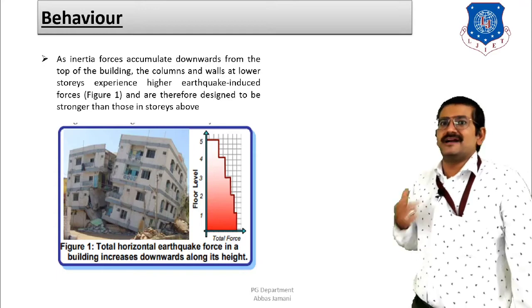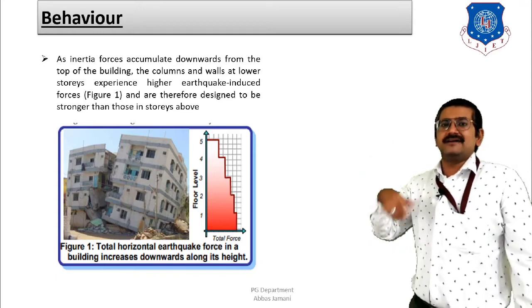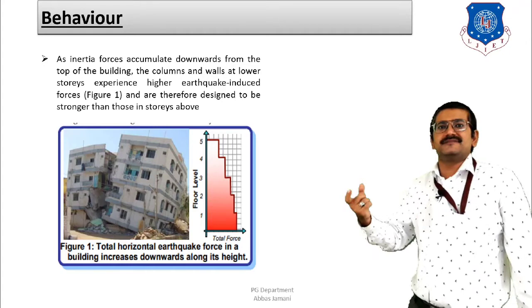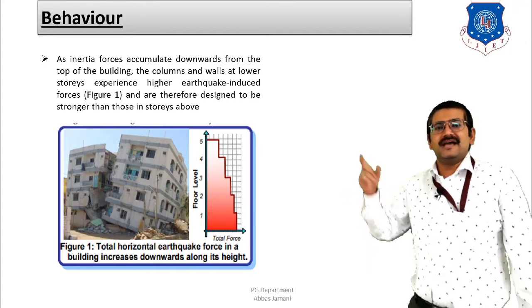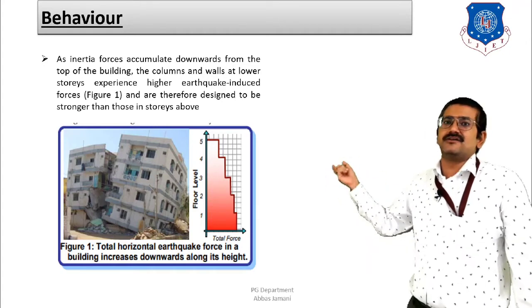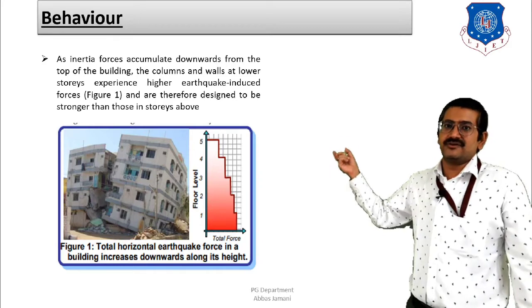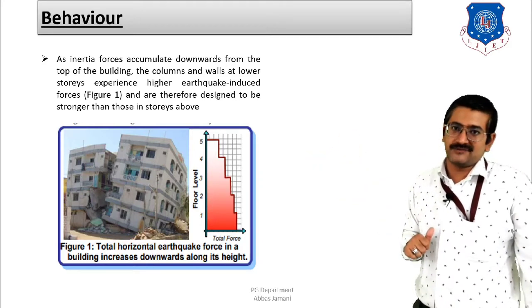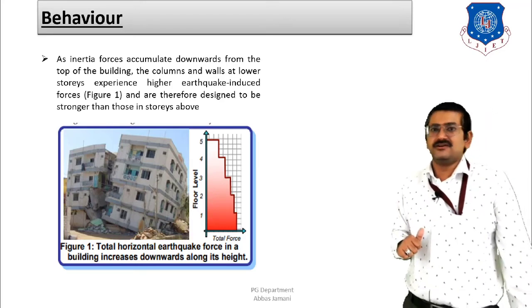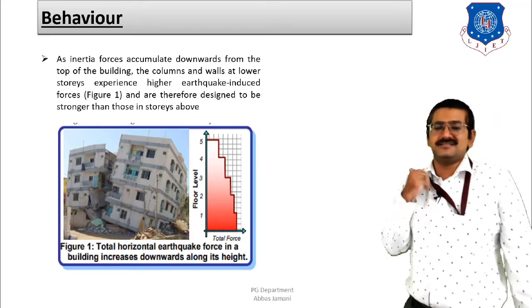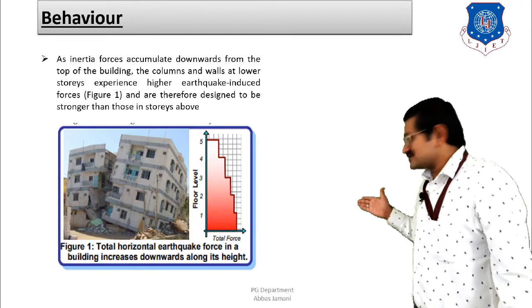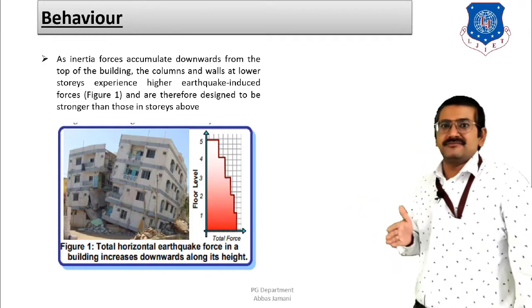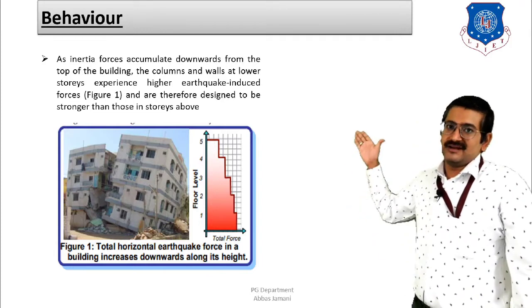Why? Because the weight is going to reduce as we go up, and as the weight reduces, the seismic weight is also going to reduce, and as seismic weight is getting reduced, the base shear is also going to get reduced, and this particular type of graph that is shown over here is going to be observed. Right? So in case of RCC buildings, the concentration of base shear is going to be maximum at the base level, and it is going to be least at the roof level.